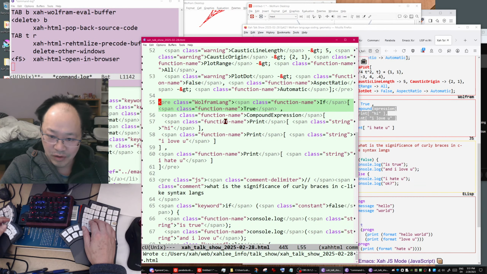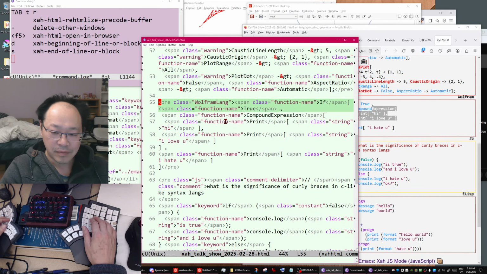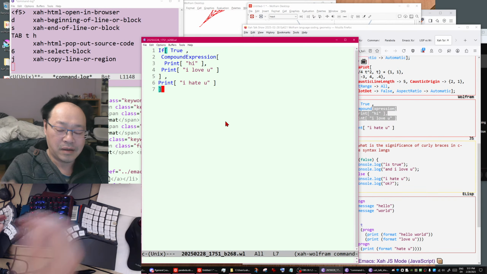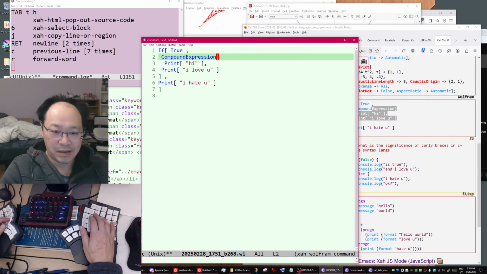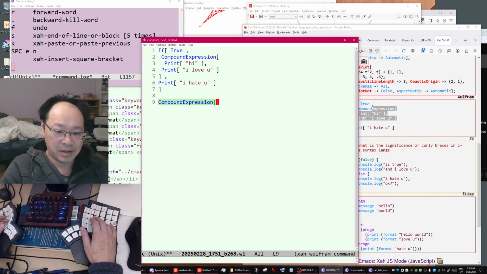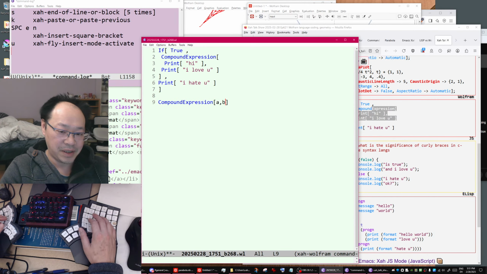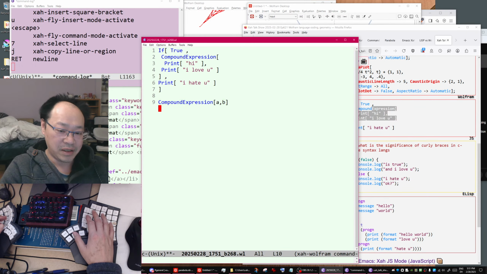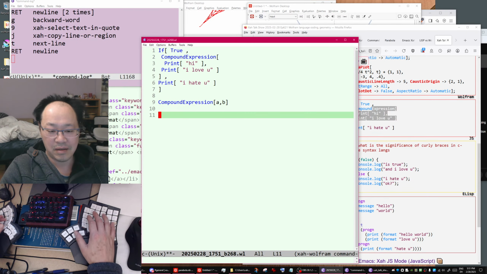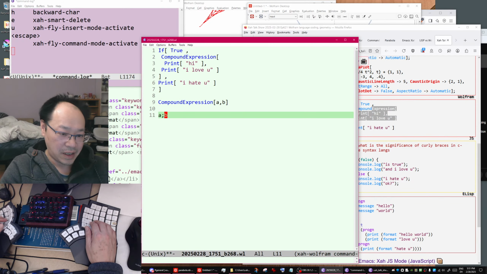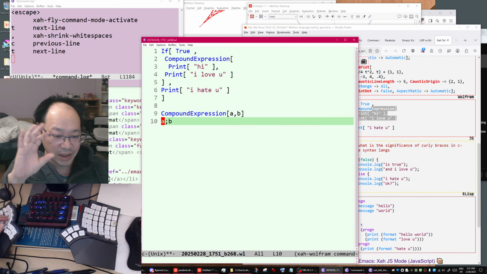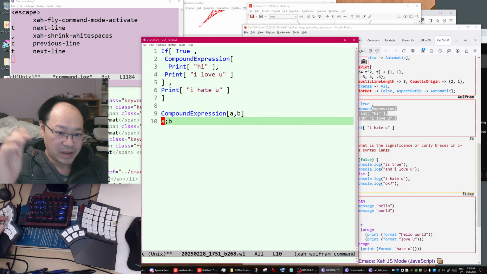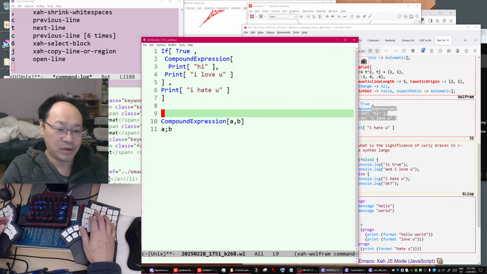So Wolfram language has this syntax shortcut, meaning that compound expression A, B can be written simply as A semicolon B, okay. So this is equivalent to that. So that makes this much simpler.